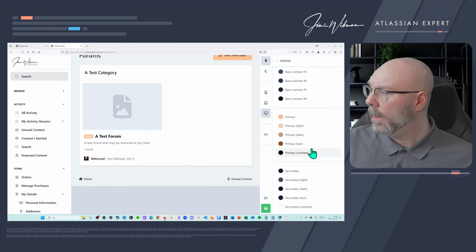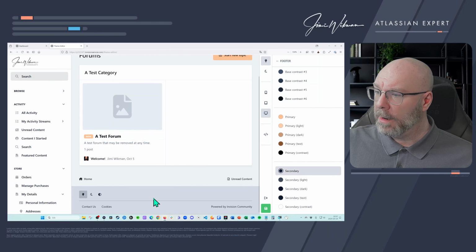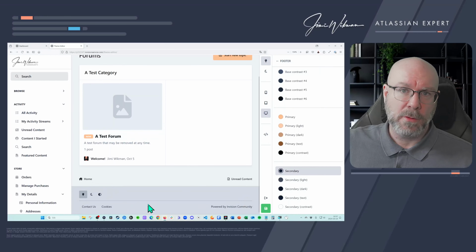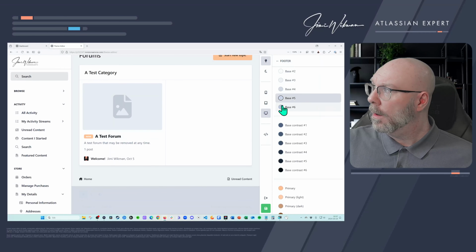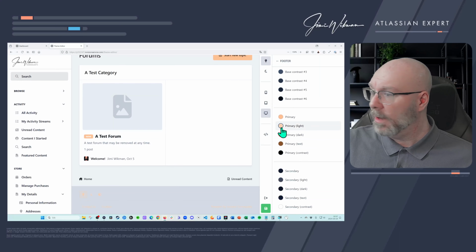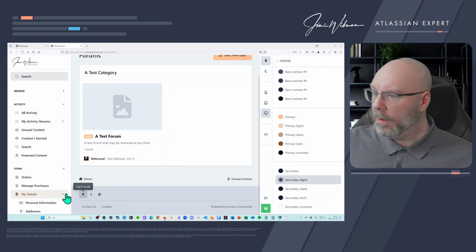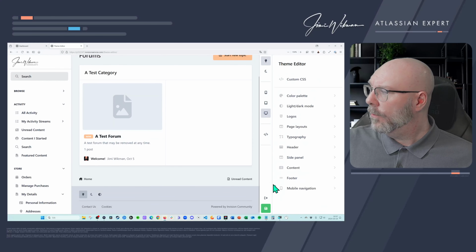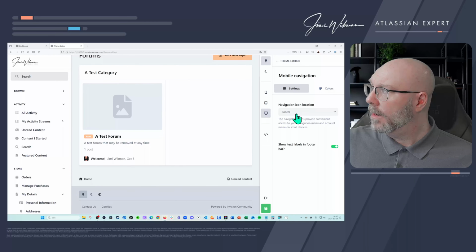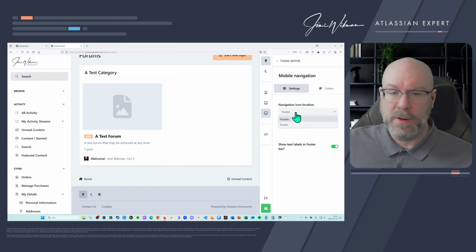So I can now have the secondary color again. And now it will have very high contrast here. I can probably bring it down if I want. And whatever color I choose here, I can even have it so it's completely unreadable if I want that. But let's do the secondary and the light one. I think the secondary here was a little bit hard, but secondary light will be just fine. So that's the footer, and then for mobile navigation I can select where I want to have the